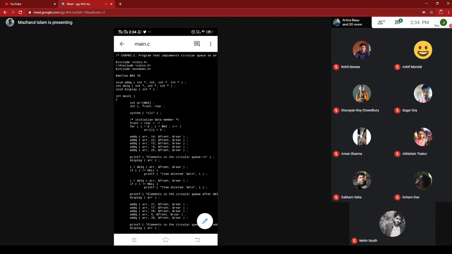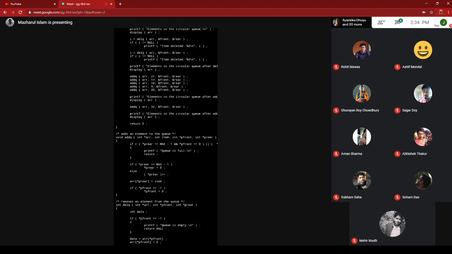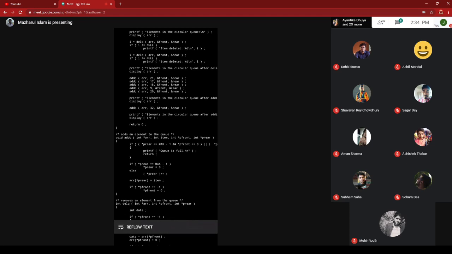Similar function prototypes for add queue and del queue, and a similar kind of parameters are passed to the add queue and del queue. Now I am going directly to the definition of the circular queue add queue function.